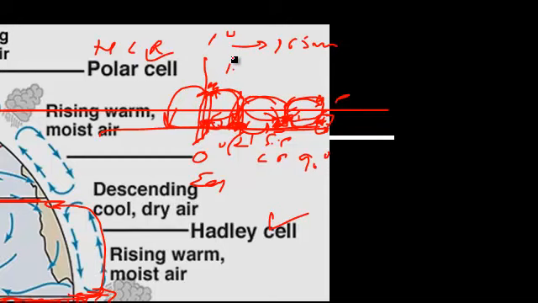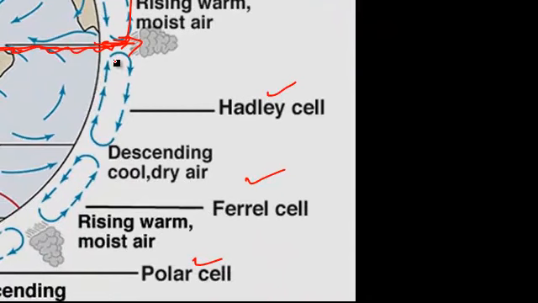The very first loop is the first atmospheric circulation, which is termed as the Hadley cell. Then this is the second circulation, which is termed as the Ferrel cell, as written over here. And then the third circulation is termed as the polar cell. Similarly, in the southern hemisphere, there will be three circulations, like you can see in this image as well. In the southern hemisphere, there are three circulations, three cells. One is this,